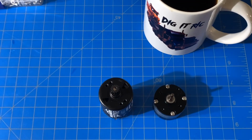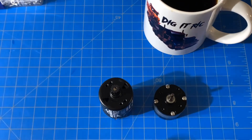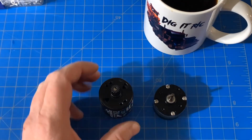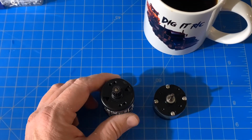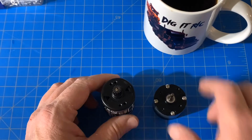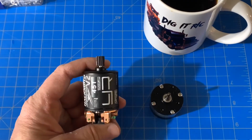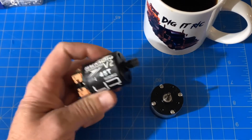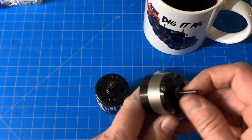I know we're doing a lot of repair upgrade videos, but weather's turned on me, and so I'm doing what I can. Not only has the weather turned, but my equipment's turning on me too. So I got to get some of this stuff upgraded. So this is for the HG P802. I've got a 45 turn motor, a Ghoul RC, 3-to-1